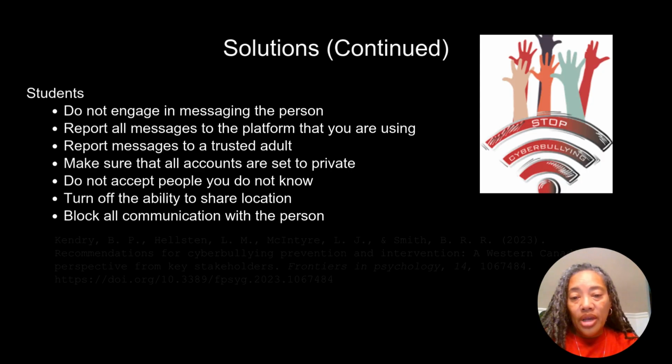These things are very important when it comes to stopping cyberbullying. Make sure that you communicate to the students that they can report everything to you and to keep the messages. Do a screenshot of the messages so that they will have proof that this is happening to them. And block. A very important thing about the platforms that the students can use, they can block and stop all